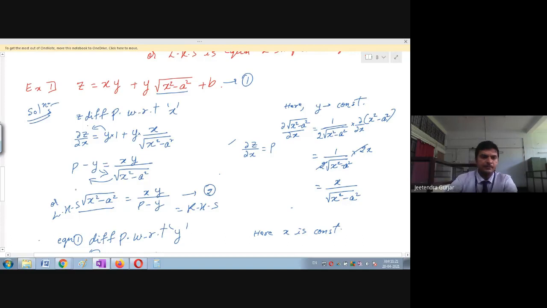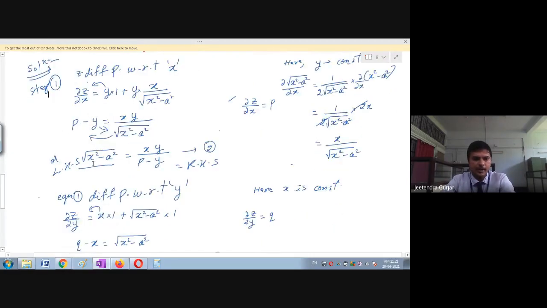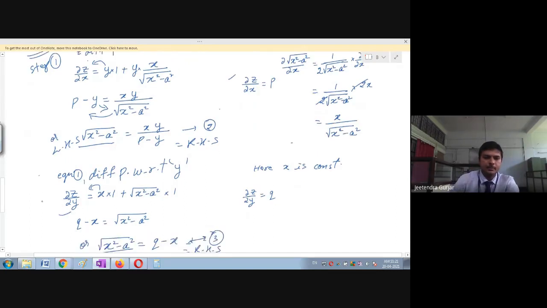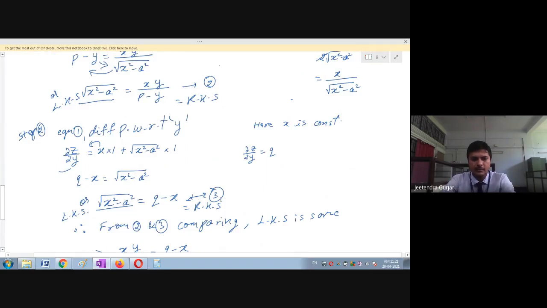So instead of that, we can go to method 2, which is the correct method. Again, you can see I have taken here step 1. Step 1, please remember, differentiate partially with respect to x, and I have modified it and got equation number 2. Then in step 2, what have I done? In step 2, I have again differentiated partially with respect to y, modified this equation, and I have got the result.